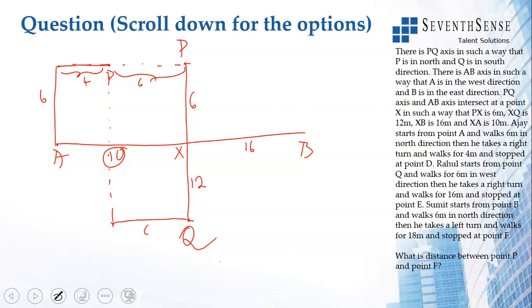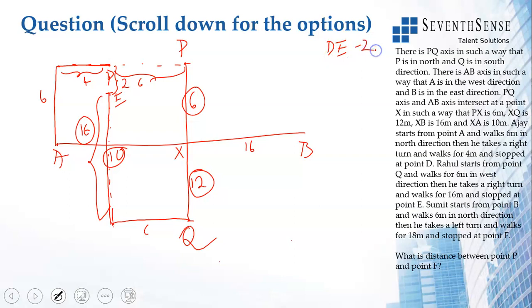But he'll walk for 16 meters only. So he'll walk till here somewhere, meaning he will walk for a total of 16. If this is 16, what is that point? Point T. Point T is here. Point D is here. What will this be? This distance between D and E will be 2, because totally it should be 12 plus 6, 18. Here it's already 16 he has walked, so it will be 2 more. So DE will be 2.